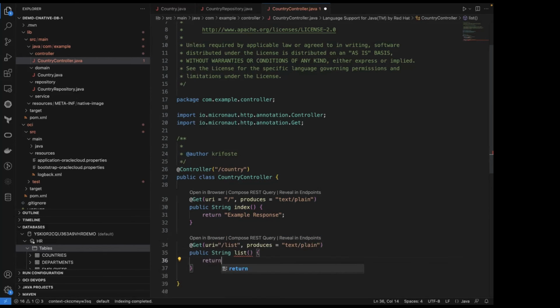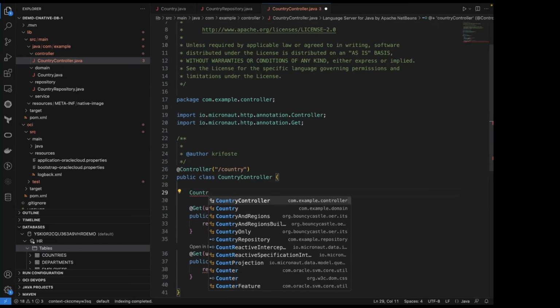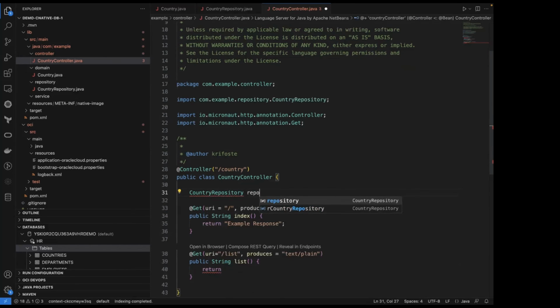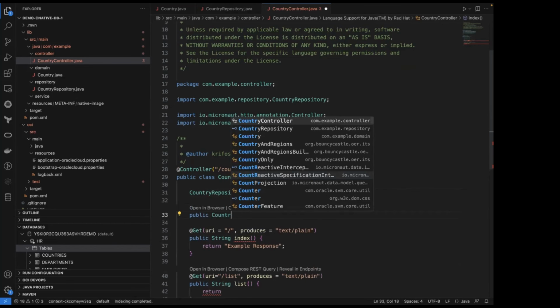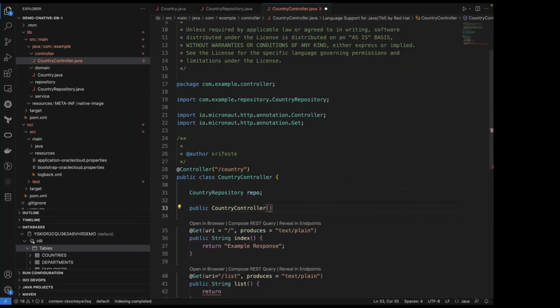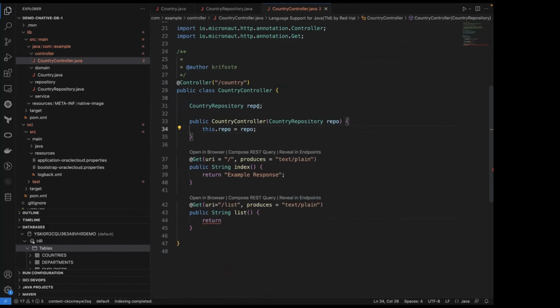Okay, right. So now I need to pass in my repository. So I need to have my country repository available to me. And Micronaut is basically going to do the wiring. It's going to do the dependency injection to insert this repository class into my controller when the application starts. And I'm going to give this class a constructor, and the constructor is going to take a repository. So this is how the dependency injection happens. And I'm going to save the reference to that repository. So now when this controller starts up, it will have access to the repository.